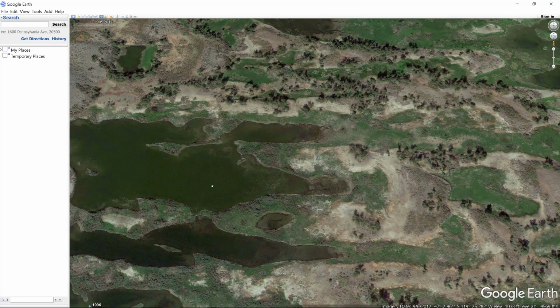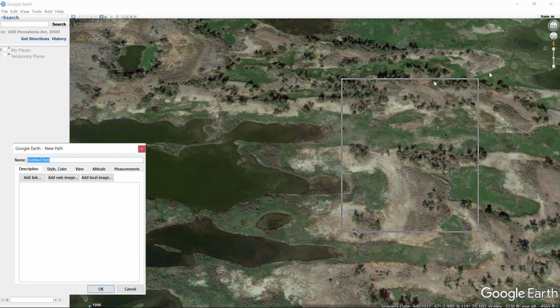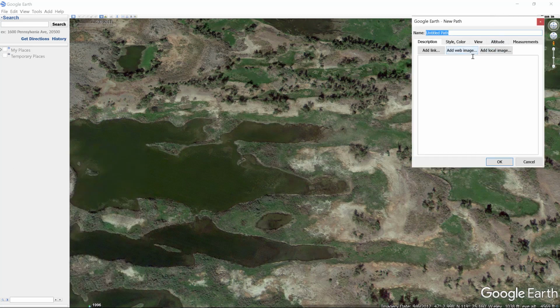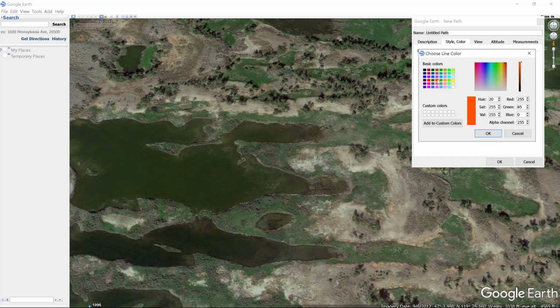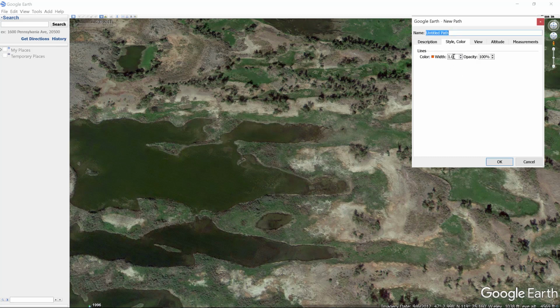So what I'm going to do is start with some tracks here. And I'm going to add a path. I'm going to get this out of my way, move this over here. I'm going to pick a style and a color. I'm just going to pick an orange, a fairly wide orange there. And what I'm going to do is just go ahead and outline